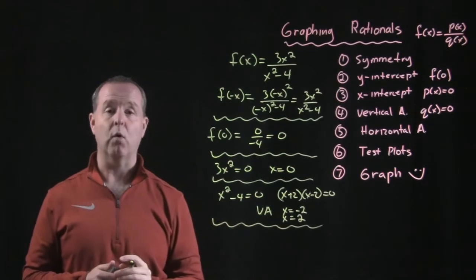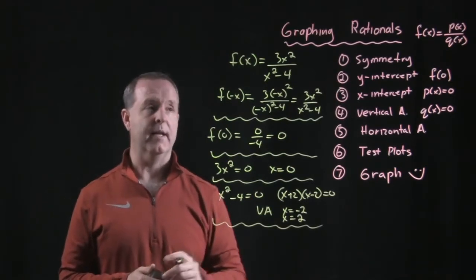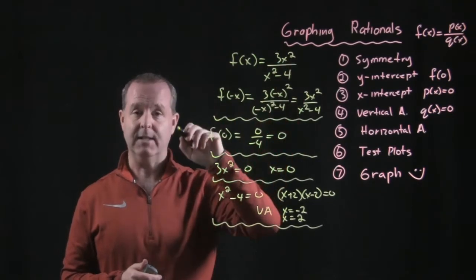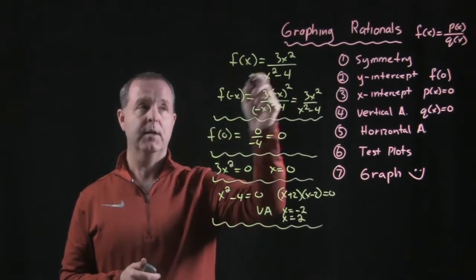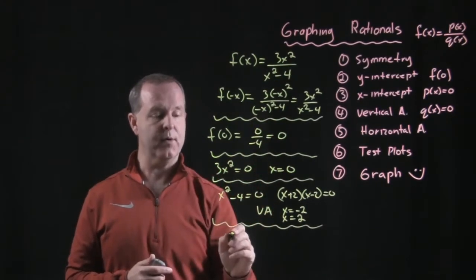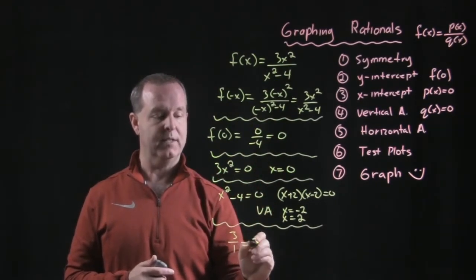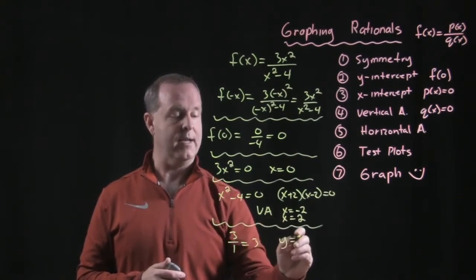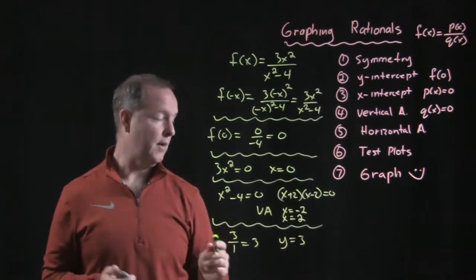And lastly, are there any horizontal asymptotes? Okay, notice the highest degree of the numerator is 2. The highest degree of the denominator likewise is 2. So we compare the ratio of the coefficients of those degrees, which is 3 over 1, which is 3. So that tells me I have a horizontal asymptote at the line y equals 3. So with all that information,